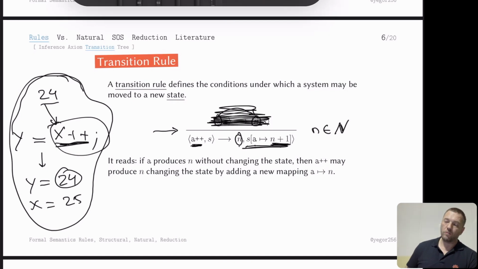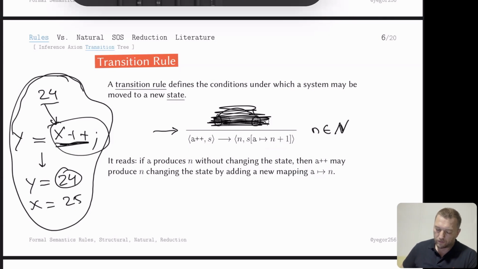Is it possible to remove this completely? That was my question when I was studying that. It was always my question. So can we write it like this? a++, we move it to n, s, a, n plus 1. We can do this. It actually says the same. But if we do it like this, if we just remove it and make it an axiom,